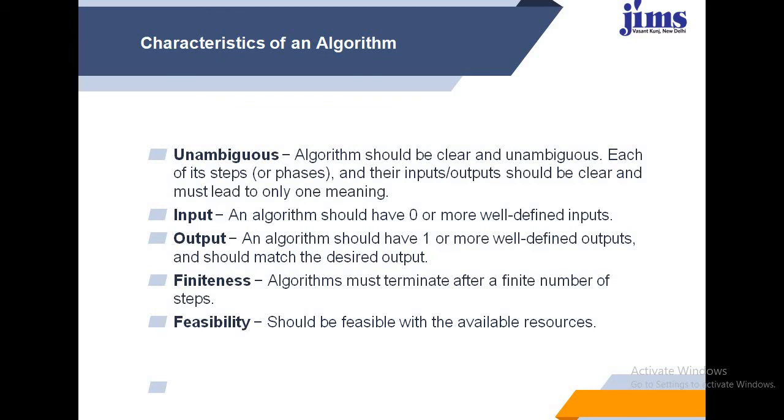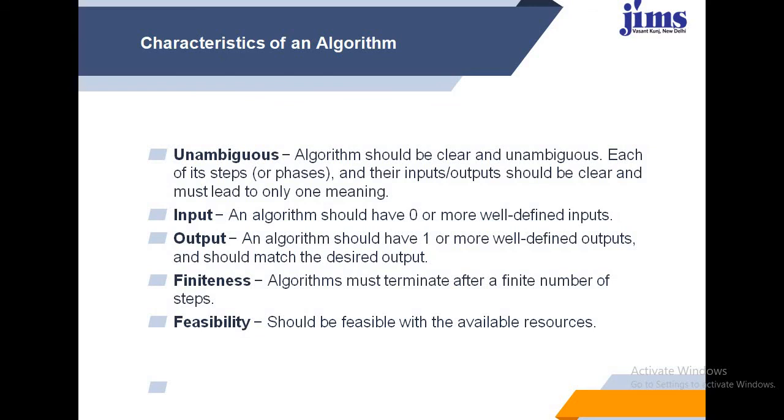Suppose you used some algorithm and in it you gave a printing command. You give a printing command, but the resource is not attached with this device. Okay, so feasibility we have to check, whether yes this is feasible or not. Like we wrote a step a equal to b divided by 0, and you know that no number is divisible by the 0. So your CPU is not able to divide this number by 0.